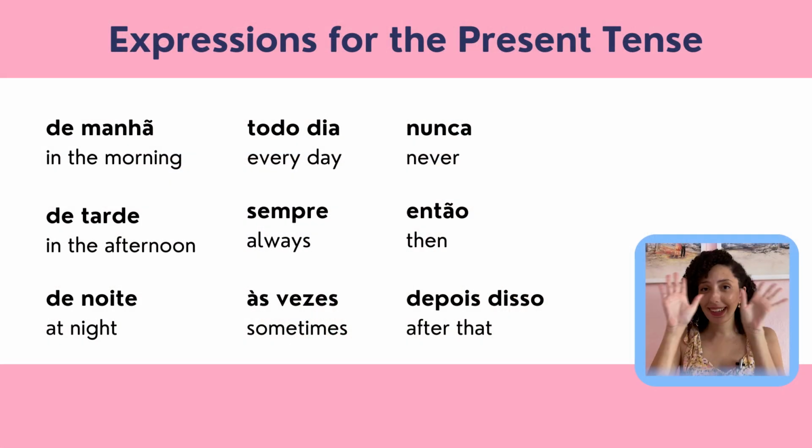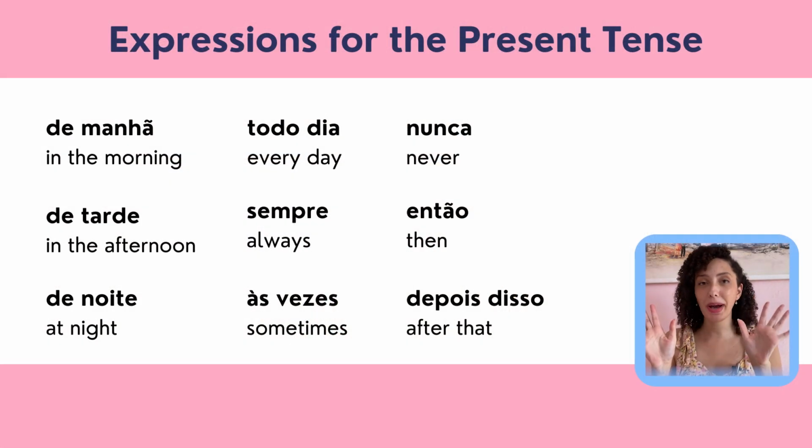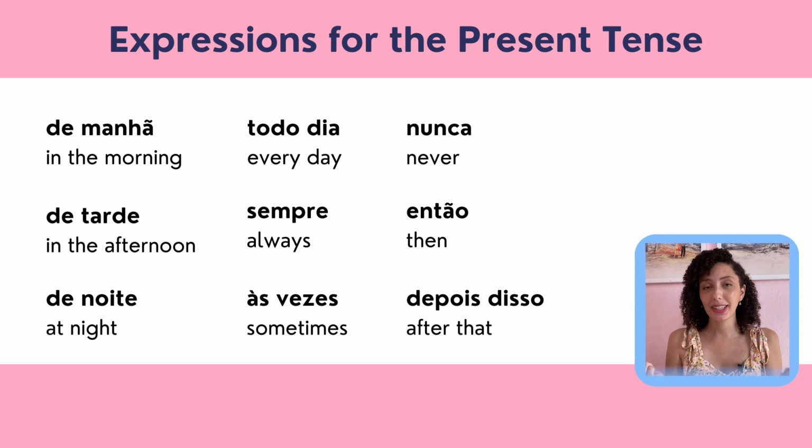So now let's practice what we learned today. So write a little bit about your daily routine in the comment section, okay? So here are a few expressions you might want to use in your text. So I want to know, for example, what time you usually wake up, what you do in the mornings, like when do you go to work, when do you go to school, what does your evening look like, okay?